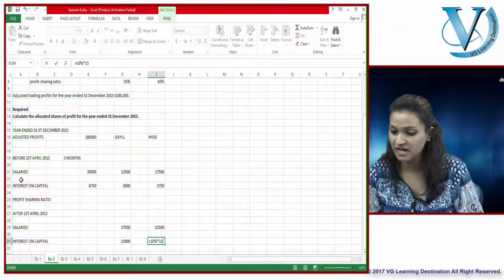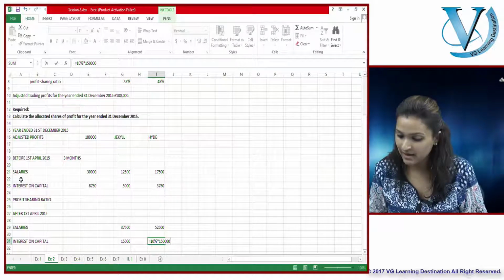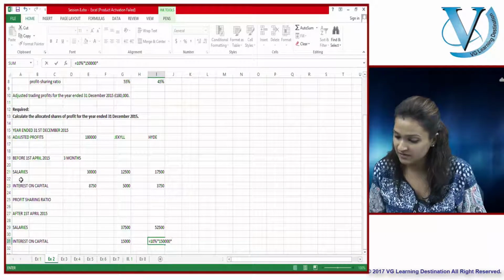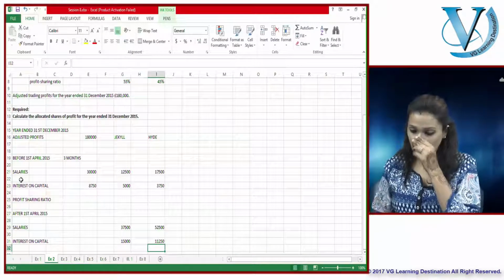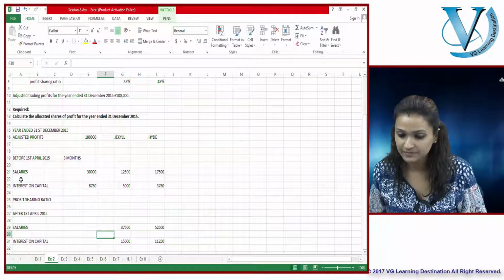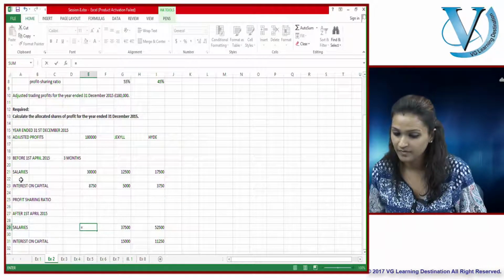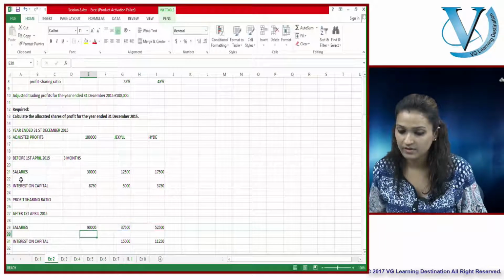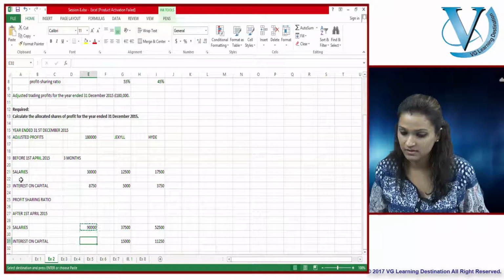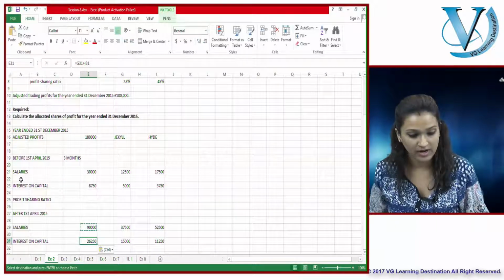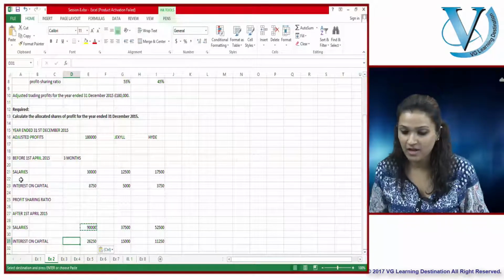It's £150,000 multiplied by 9 divided by 12. Right? So let's total these. Similarly, let's total this as well. Right. So how much do we have out of the